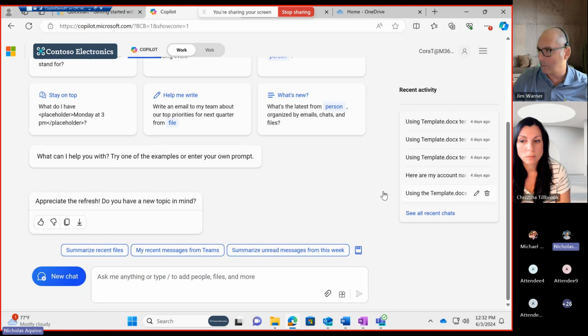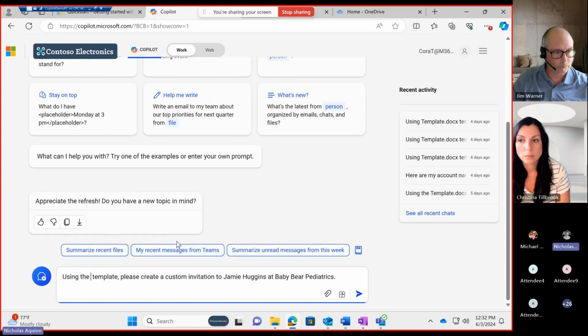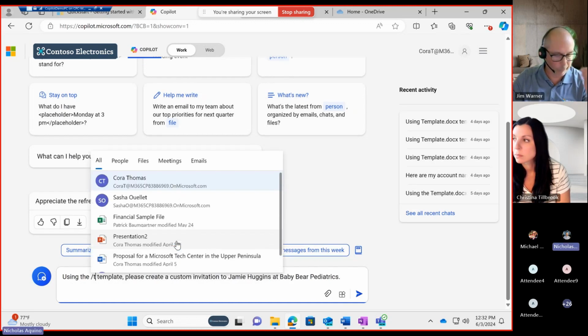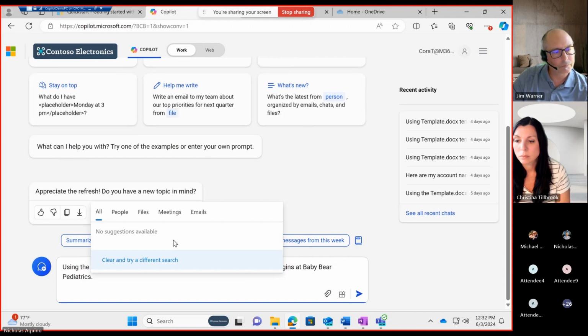So the first one is just going to be pretty basic here. I'm using the template. Now I need to actually get it to reference the file here. So I'm going to use the / and type my file name. It looks like we're both having